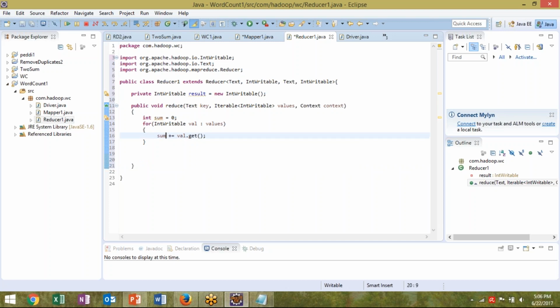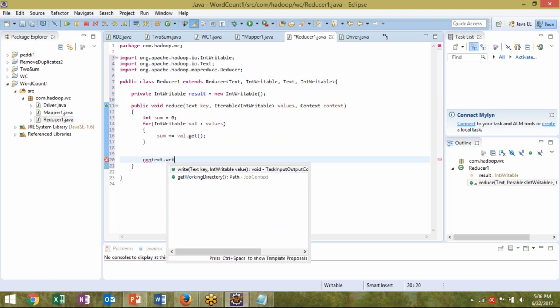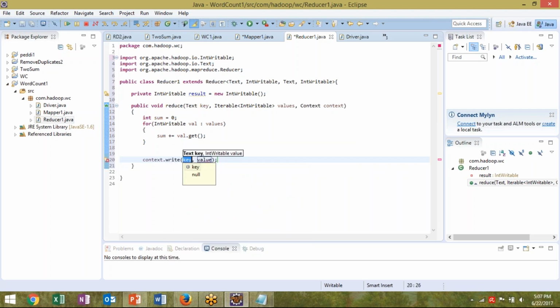The reason why we can't just give this to context: we're going to do the same thing as context write, as a key value base. So here text is, so we are going to get the text right from there, so it's a key itself. So value is,